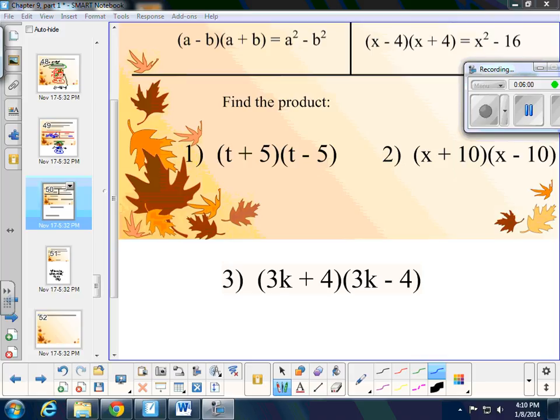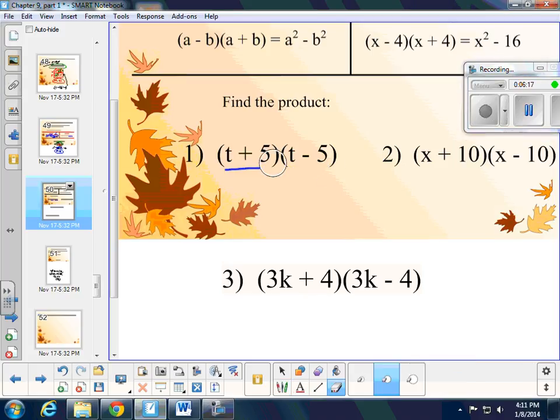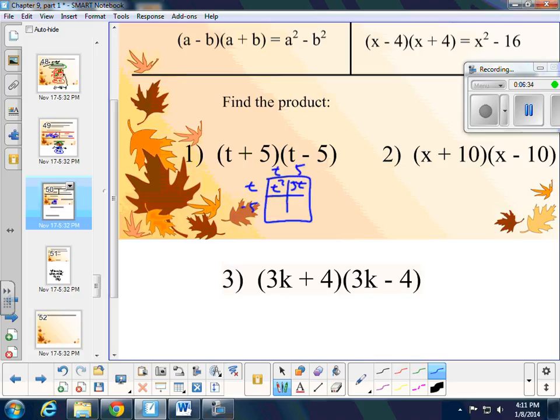It says find the product, t plus 5 times t minus 5. So again, if nothing else, in this problem you could still do the FOIL method or the tail method, and you could go to this, and I'll say t and 5 and t and negative 5. When I start multiplying things together, I get t squared, I'll get 5t, I'll get negative 5t, and I'll get negative 25. And then when I start collecting my like terms, I'll get t squared and